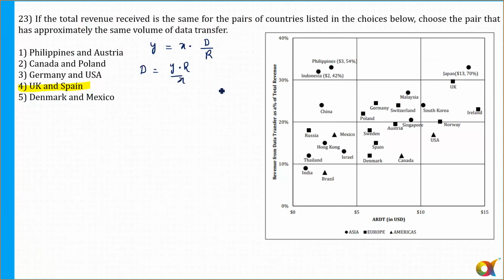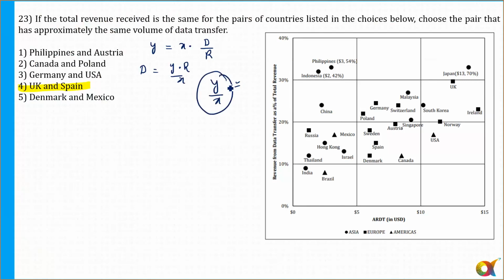I just need to check the graph of Y by X: for which two countries is Y by X the same? Please tell me yes or no. Which two countries have the same Y by X? Is that part clear to all of you? This is what this question is asking about. Please respond, Nikita, Avinash, Jatin, everyone.